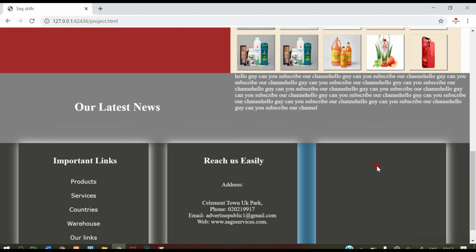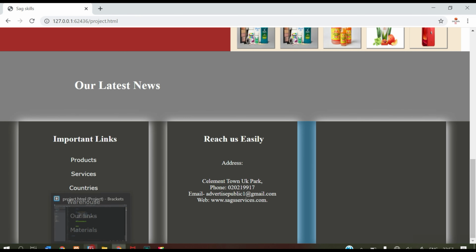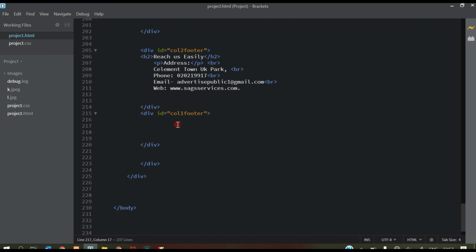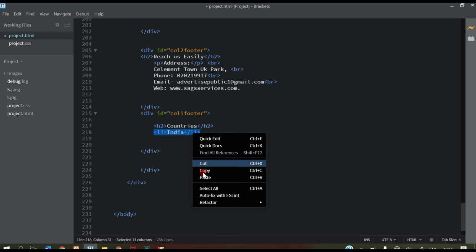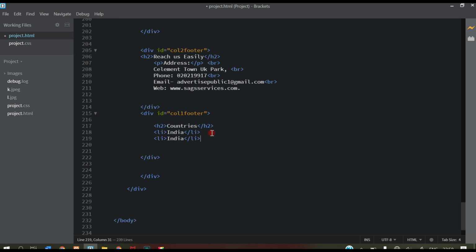So for that, let's go to the HTML file in the editor, and here this is our last column for countries. Here write h2 and write Countries, Control S, then create a link list item li and write India. To save time, I'm just copying it and pasting it 2-3 times and changing it to other country names like USA,